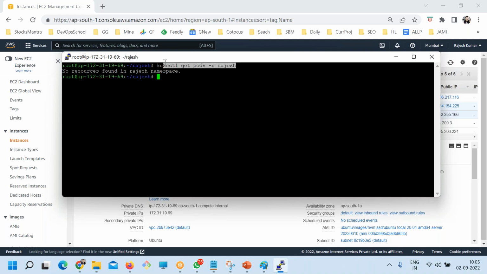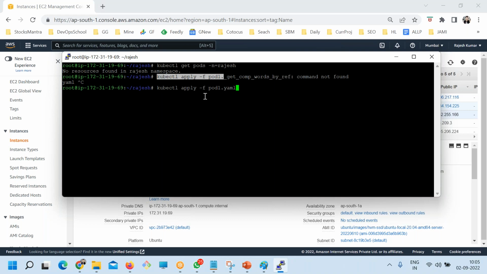Agree? So now kubectl apply -f pod1.yaml and 2.